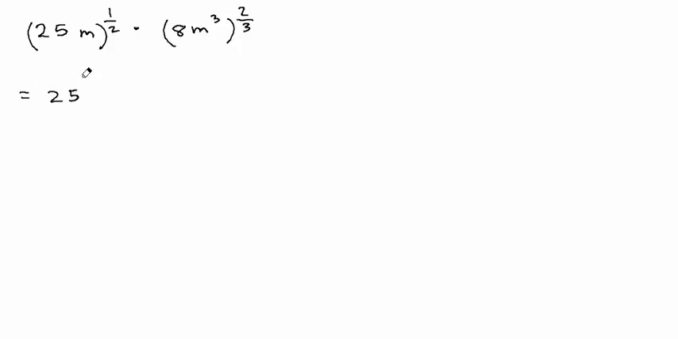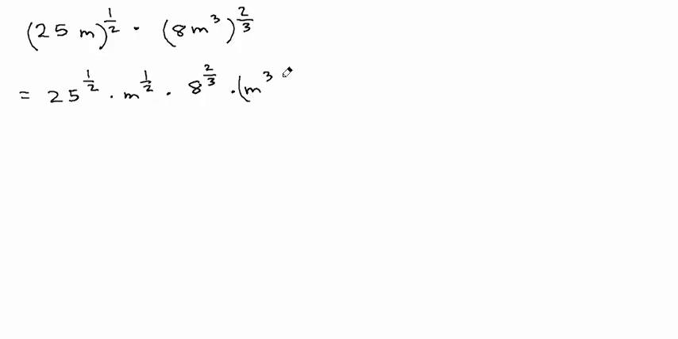How about 25m, I'm going to raise all of that to the 1/2, multiply it with 8m cubed, or m raised to the third power, and all of that raised to the 2/3. Let's try and simplify this. Now this is going to be equal to, you apply the exponent on each one of these. So we have 25 raised to the 1/2 times m raised to the 1/2 times 8 raised to the 2/3. We'll find out what that is, times m cubed, or m raised to the third,